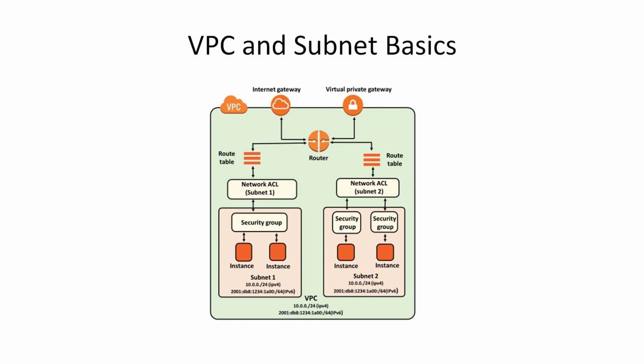The reason is, for a private subnet, the route table will not have a route pointing towards the internet gateway. So in order to access your instances from outside the VPC, that is from the internet, your route table should have a route towards the internet gateway. Whereas in case of a public subnet, the route table will have a route towards the internet gateway, and that will allow someone from outside the VPC also to connect to your instance. In our case, we have created the instance inside the default subnet, and the default subnet is nothing but a public subnet. That is the reason why I am able to connect to this instance from my system.